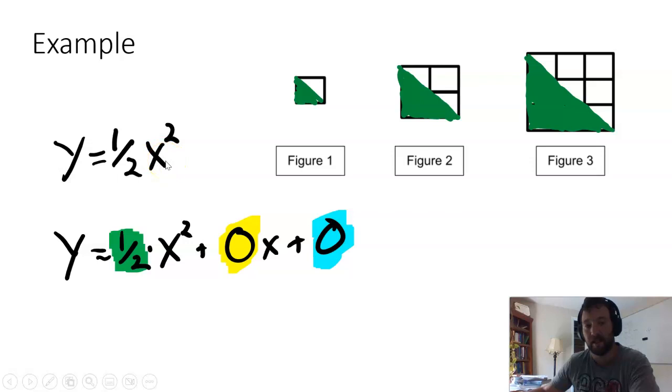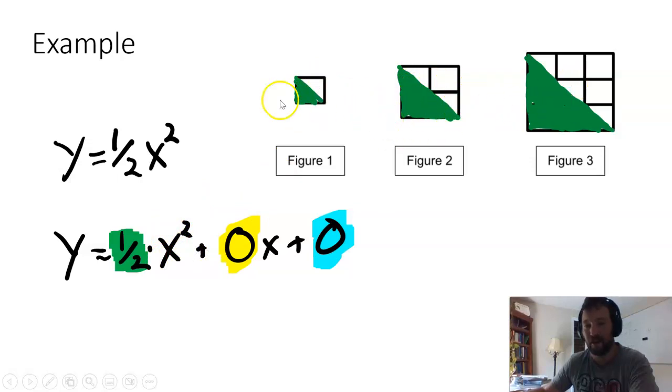Well, a lot like the last pattern, there's 0 linear pieces and 0 constant pieces in this pattern. There is this 1/2 though, and now I've color coded here, right? So now what I'm going to be doing is taking half of the squared pattern, and I've represented this by these little triangles, right? If you take that x squared pattern, which was the full boxes, and you cut it in half, you get